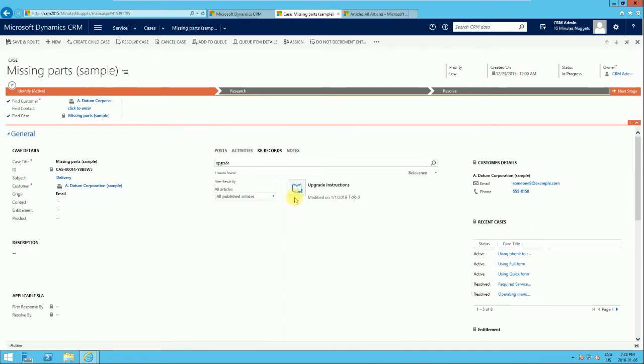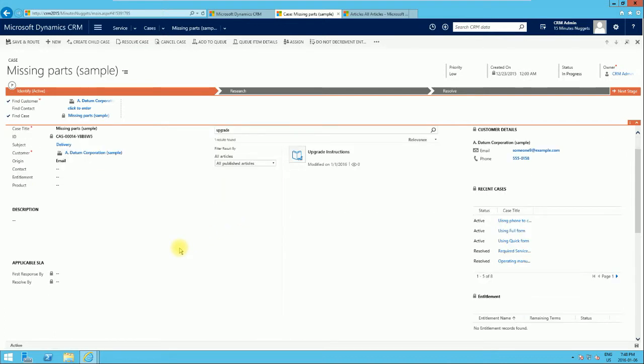So this particular case form, now just to quickly explain this, you may see that a particular article has been connected to this case. But the article that you see here is the record of the new article that comes with CRM 2016. If we go back to CRM 2015 and also 2013, the knowledge base is